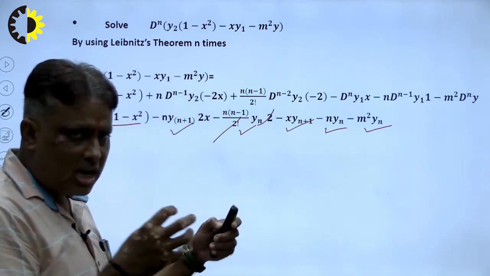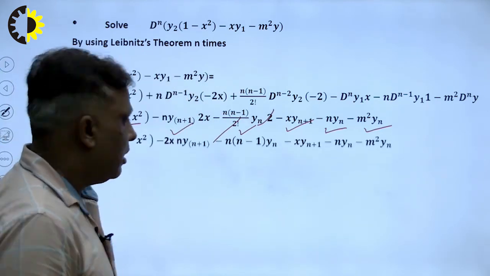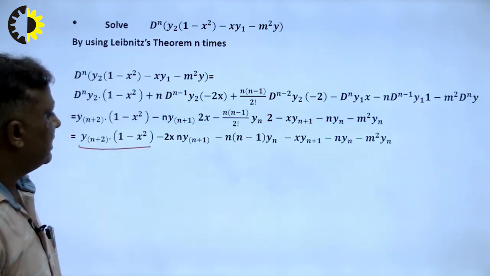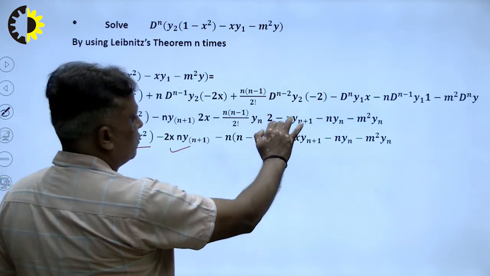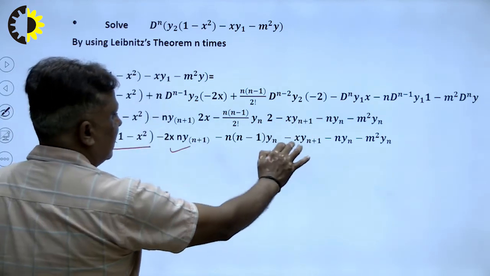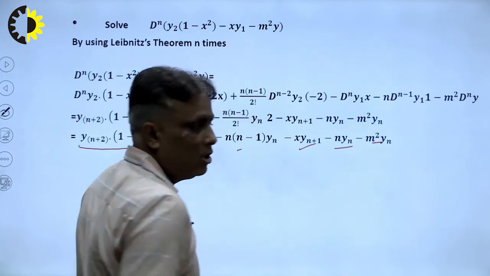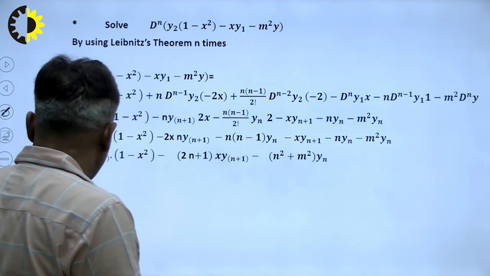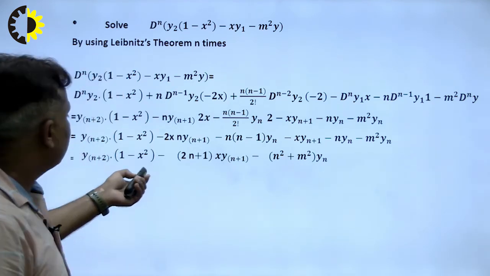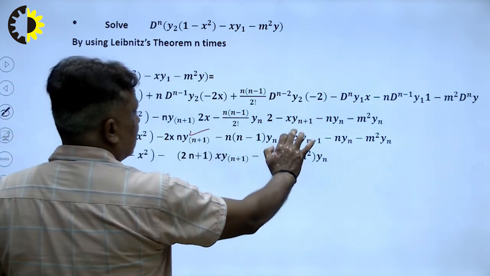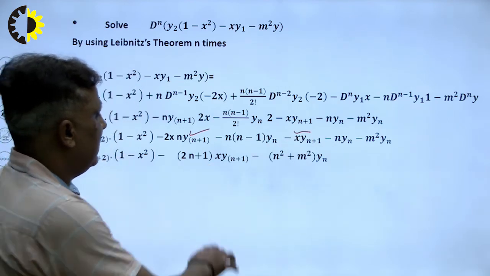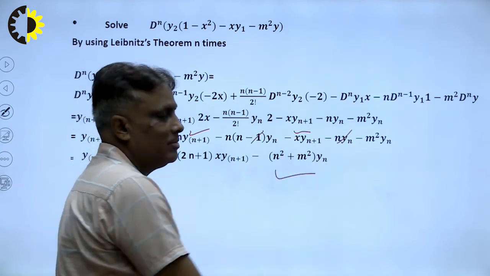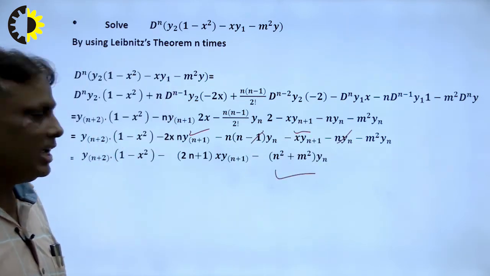That means like terms are together, right? So we use this type of approach here. This term is alone in the previous step, and this 2 cancels out. How to solve? y n plus 1 terms together, and these are together. In this way we find our terms one by one and get the result. We see here, y n plus 1 is the common part, and this and this is minus x, so I write here minus x, n square minus n, and this will cancel out from this, n square minus is common, this is minus y square, right? So in this way we can find our answer.